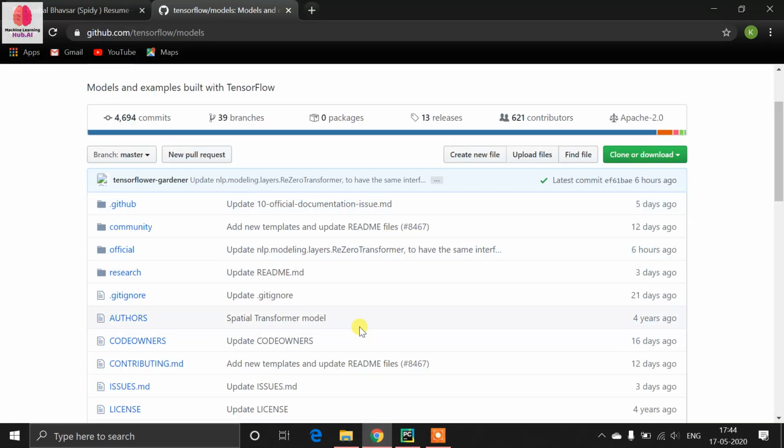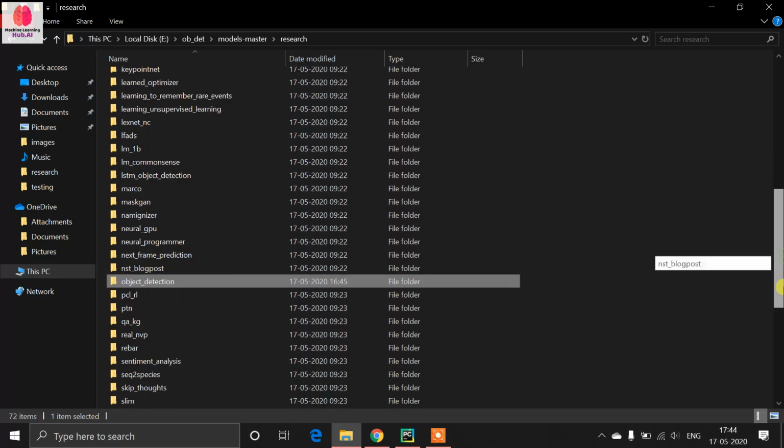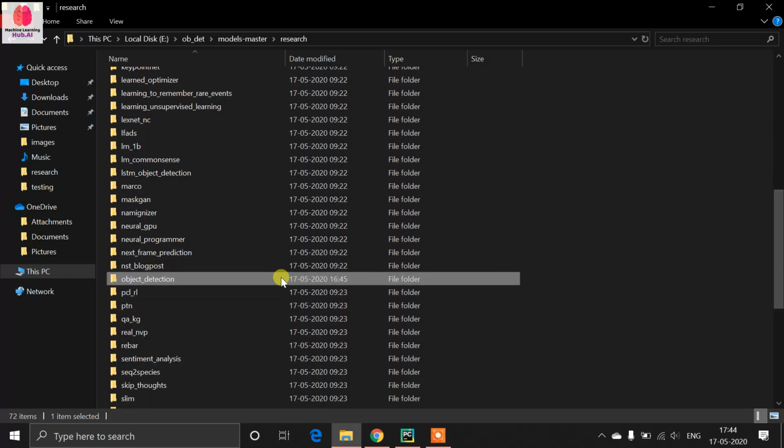Obviously the version at that time had different issues. Maybe it is an older version, but this older version of object detection is working, while the newer one is not. I have tried many times, and lots of people are facing the same issue. So download this repository, remove object detection, and use my object detection folder.